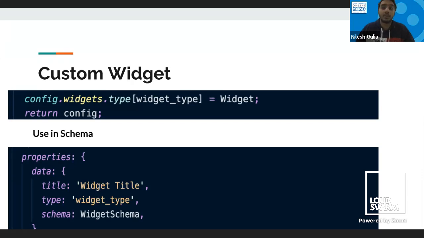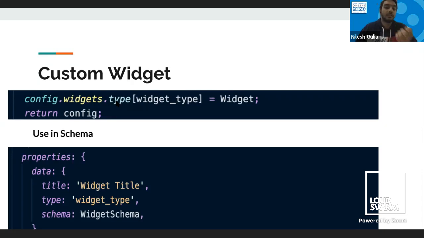Instead of the buttons, we can also have a widget. So we do have a widgets type. It takes a widget type, and if we don't have a generic type, let's say type boolean or anything, the type can be anything. So we can use a widget field there.